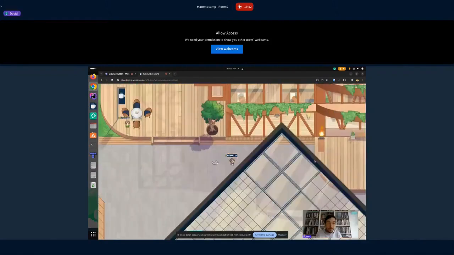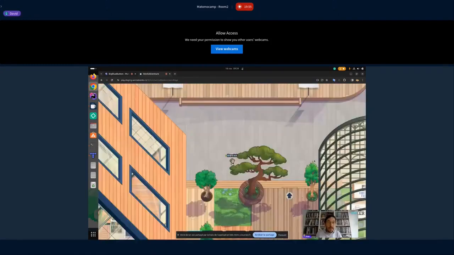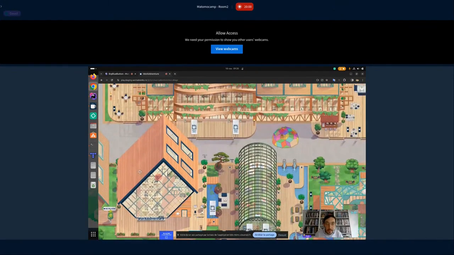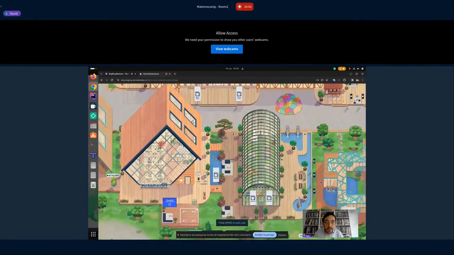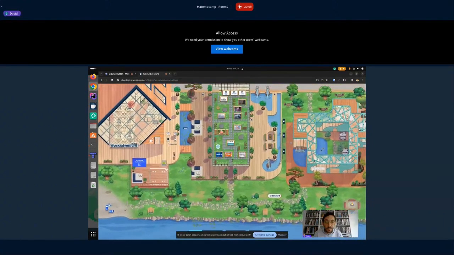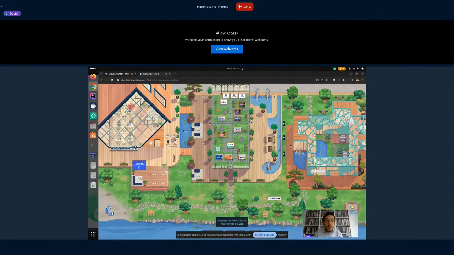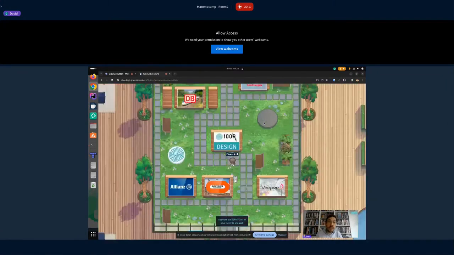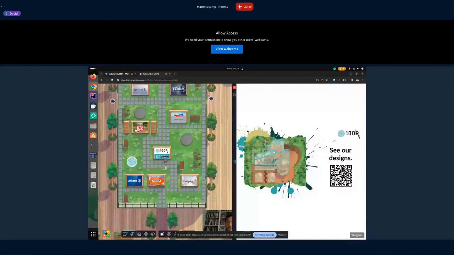Another thing I want to show you is, okay, I'm going to zoom out a bit. Right. And I'm going to move here. You can use WorkAdventure to integrate with other websites. So here we are showcasing the projects we've been doing. And when I click space, you see it's opening something here. This is actually a web page. And I'm including the web page in WorkAdventure using an iframe.